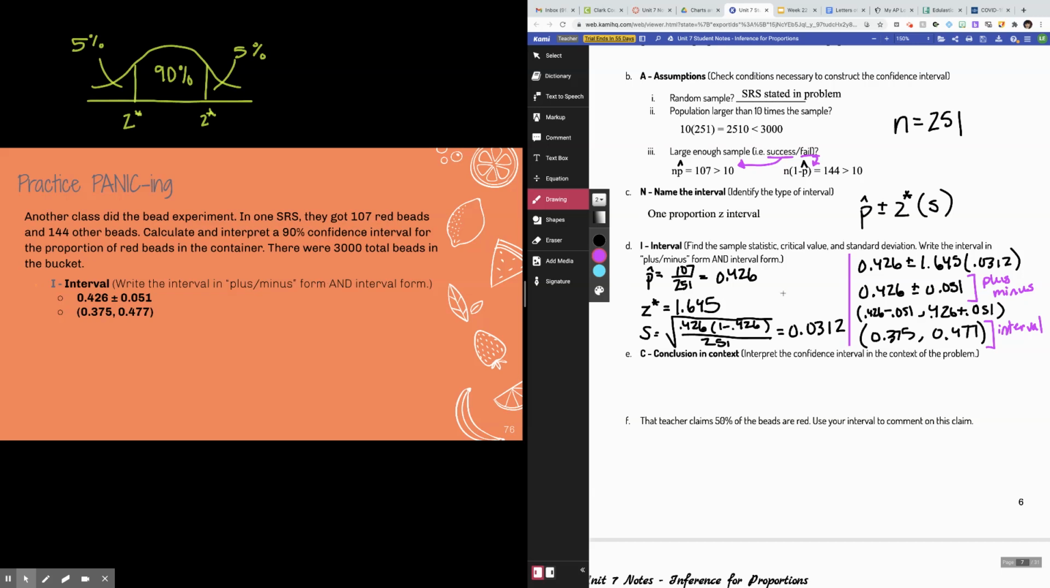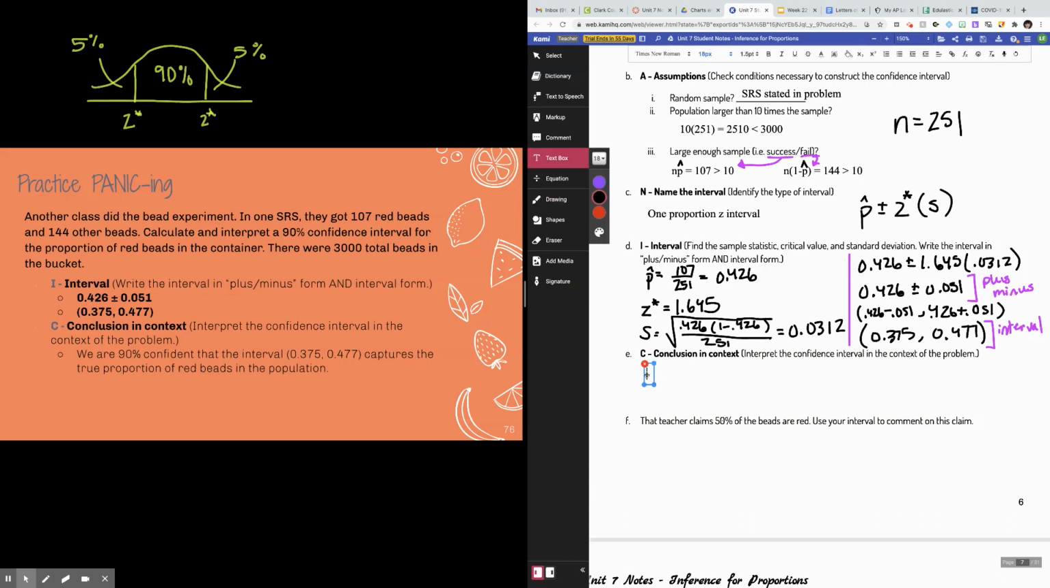Okay, so that's the math. And then my last step is my conclusion and context. So we're interpreting our confidence interval. For that, we're going to go back to our word formula, which is we are blank percent confident. So it's 90% here, 90% confident that the interval, and then you can just put your lower bound to upper